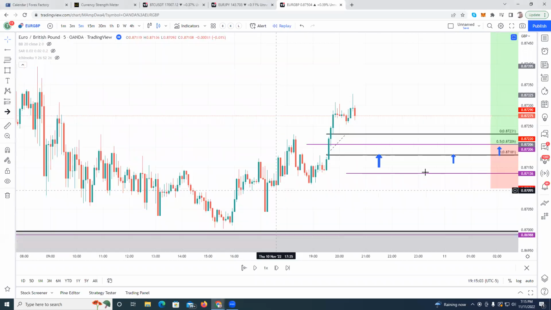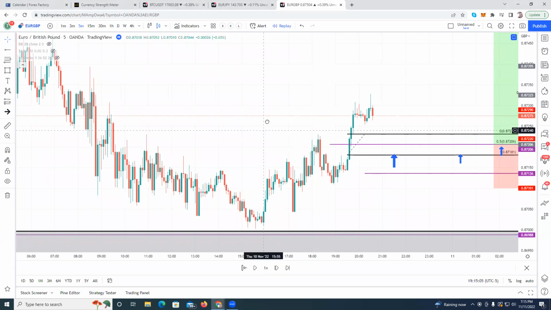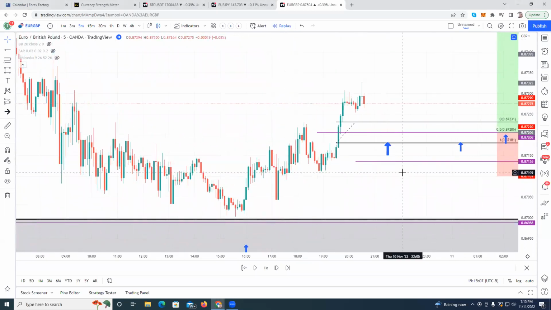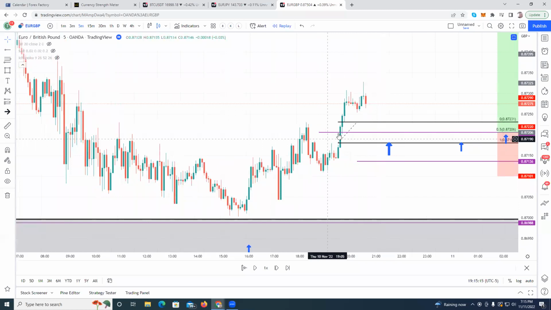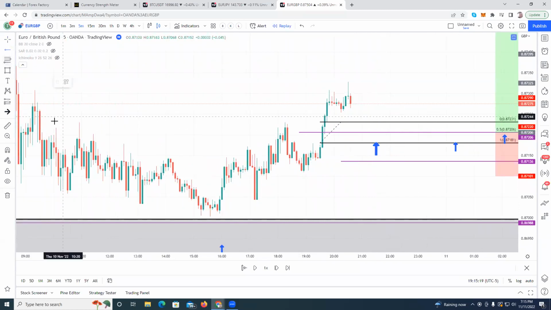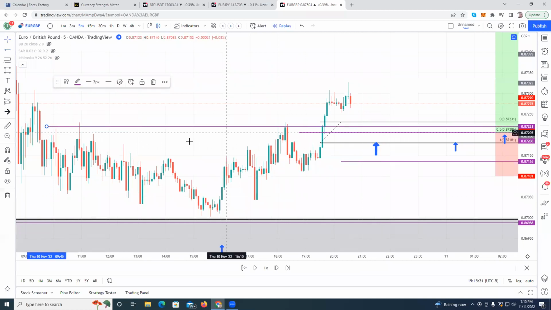So the first thing, guys, I want to actually go over is Euro GBP. Euro GBP last night, we were waiting for price to come back to this 200 area for a potential buy. Now, we got confirmation of the buy once we broke this consolidation. Price created a higher high here, but while price pushed up, it created an imbalance from here to